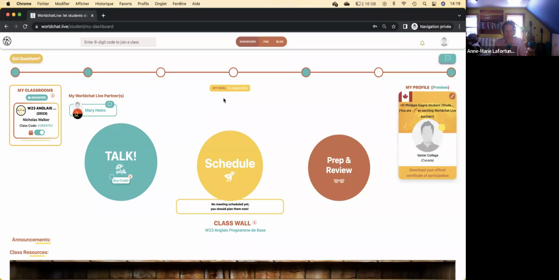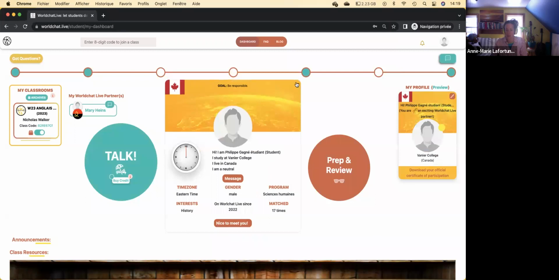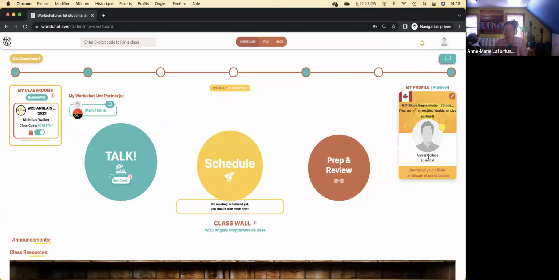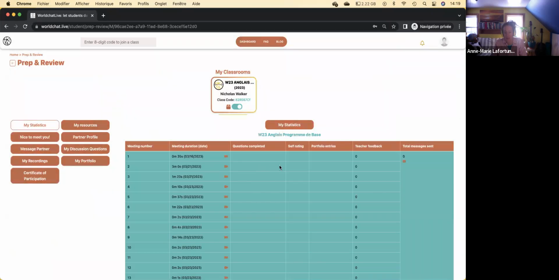That's for your messaging. And if you need to join another class, this is where you would type in the class code. Your profile information is here. You can always preview that. And you can also download your official certificate of participation, which will help you get into certain universities and so forth. So first thing you do is you get to prep and review, and this is where you can access